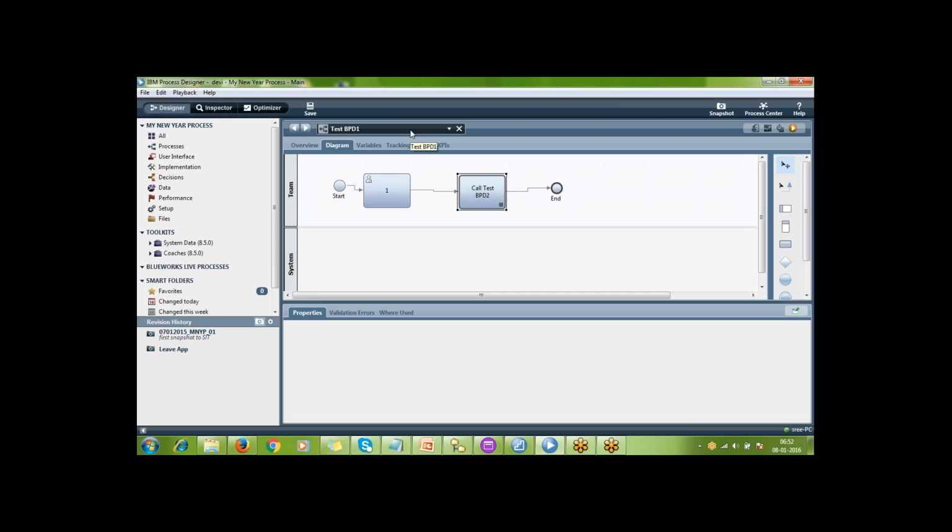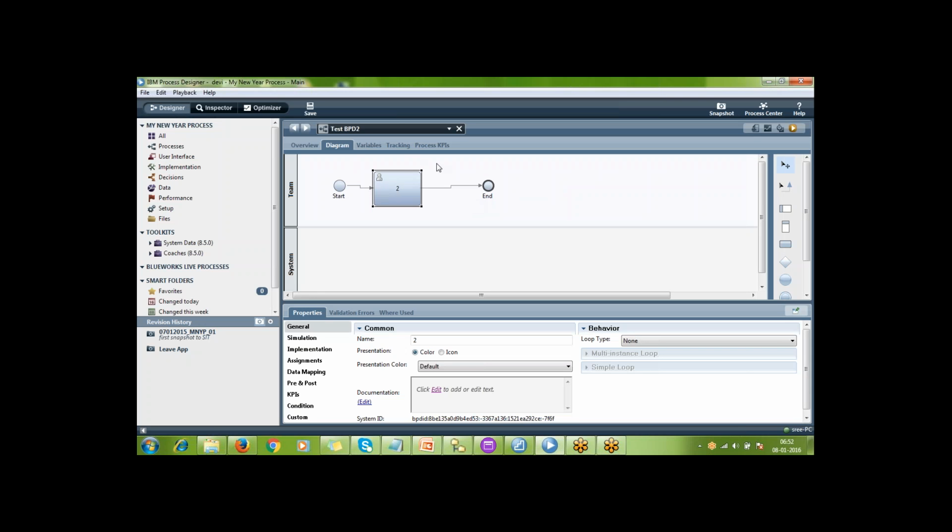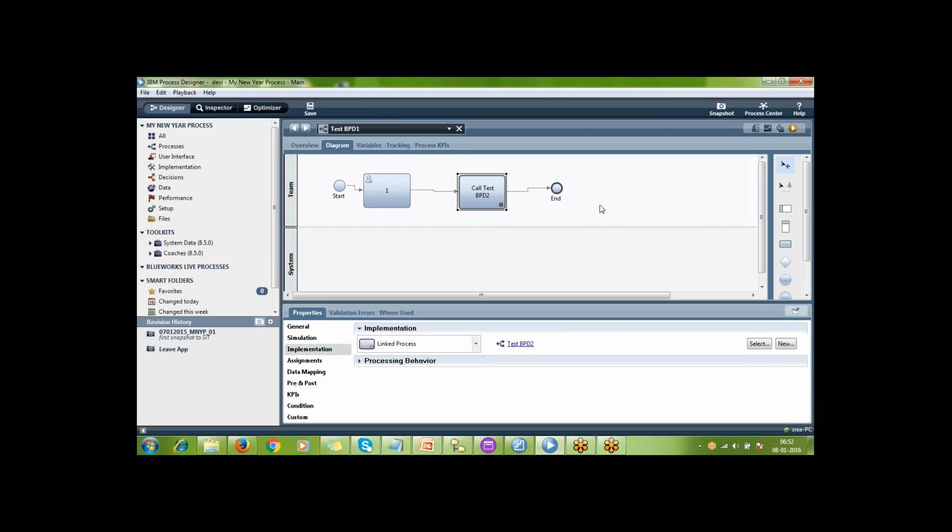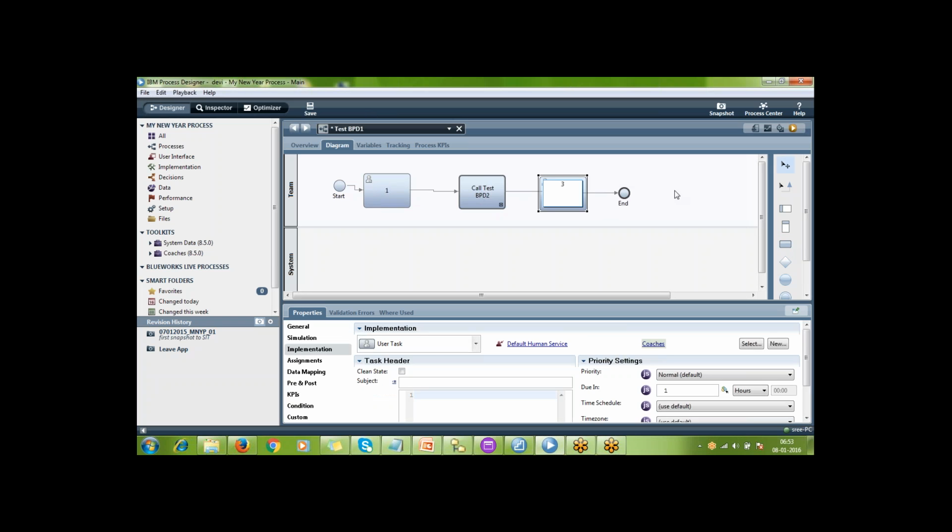My question is: from test BPD1 you are calling test BPD2, so is your instance completing here or in test BPD1? We can make it clearer by putting an activity here. I'm putting an activity 3 here.